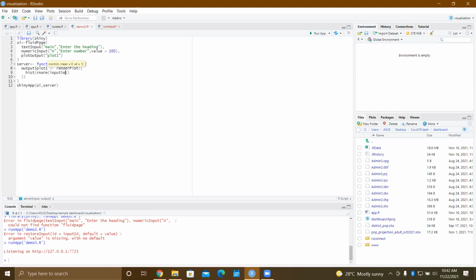So input$n is the numeric input that you give as the number, and the default value is 100. You can see the 100. I need to run it again. Anyway, n will be the number which you input, and input$main is the heading or the title that you give. And okay, here it is. All right, let's run this app.